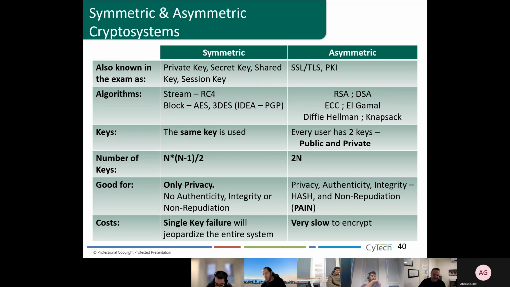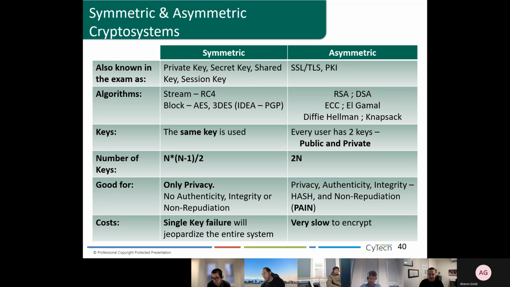I'm writing it down. Everything. So non-repudiation can only be achieved with asymmetric cryptosystem. That leaves us with only privacy for symmetric. Symmetric equals only privacy. If you want to protect your information, your confidentiality of information,